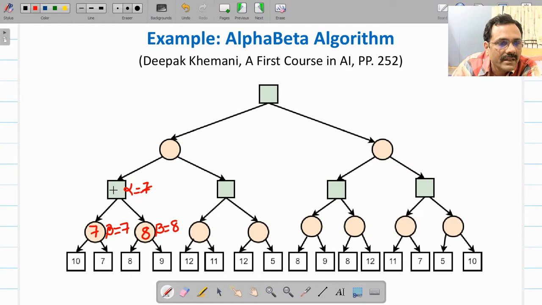So we'll keep that as it is, but the value of this node will be 8. So now this is a min node, it will update the value of beta. So here beta will be 8.